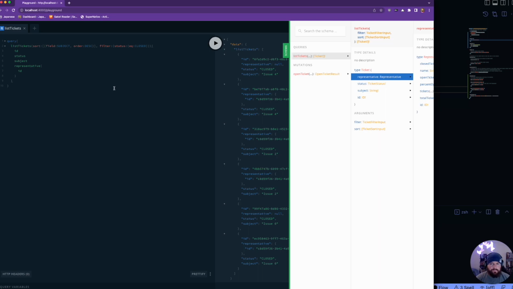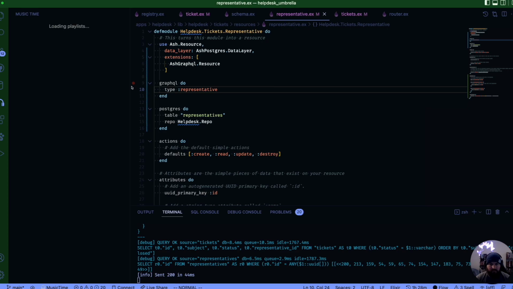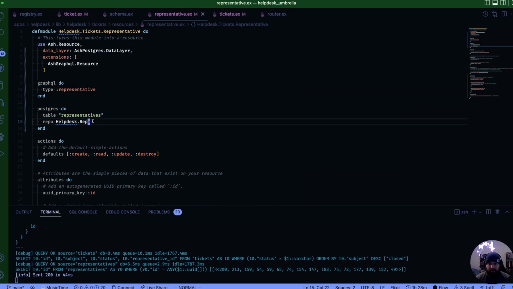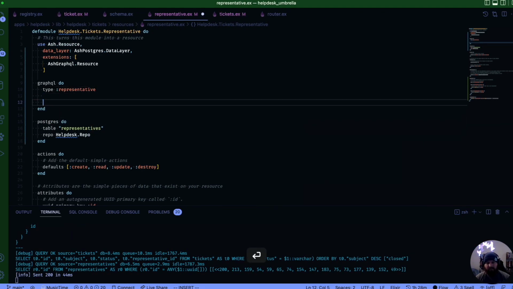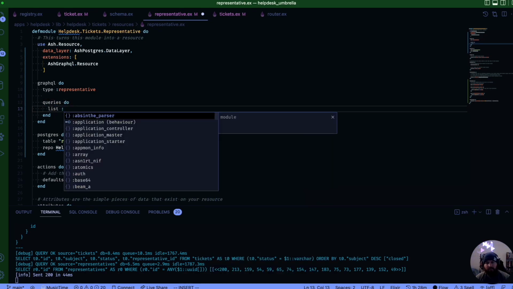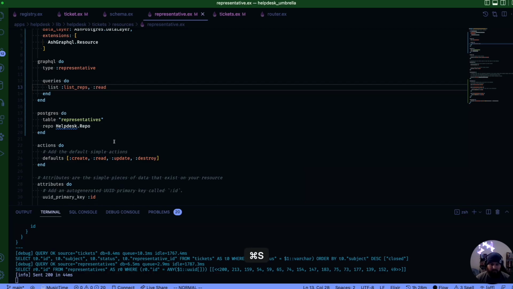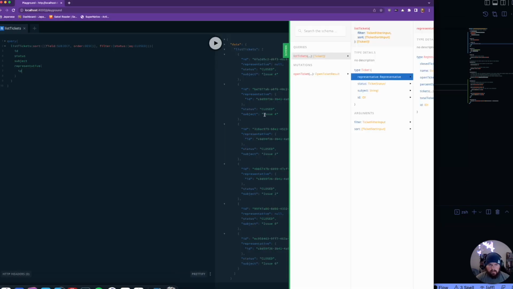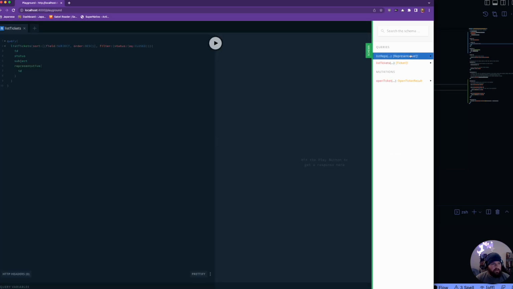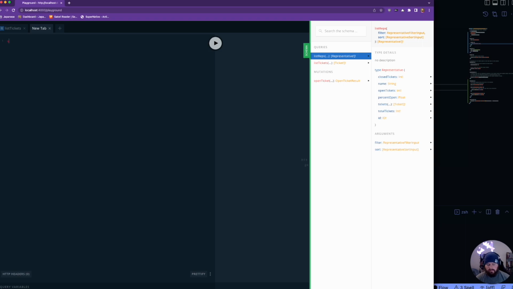So that's pretty cool. And now what we can also do, if we go back to the representative, for some reason I keep opening plugins here. All right, so when we go back to representative, let's go ahead and say queries to say list reps, just to show you, you name it whatever you want, and then we'll map that to the read action. And now we go back into our playground, we refresh the page, and we've got list reps. So let's go ahead and use that. Let's say query list reps